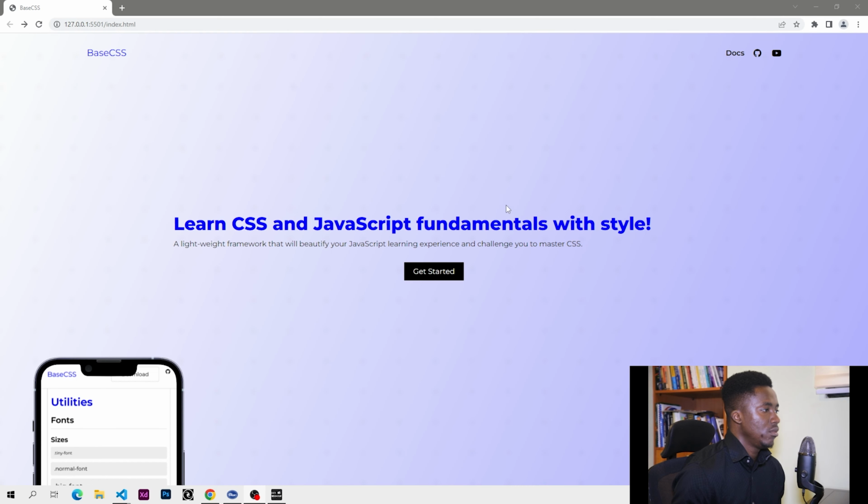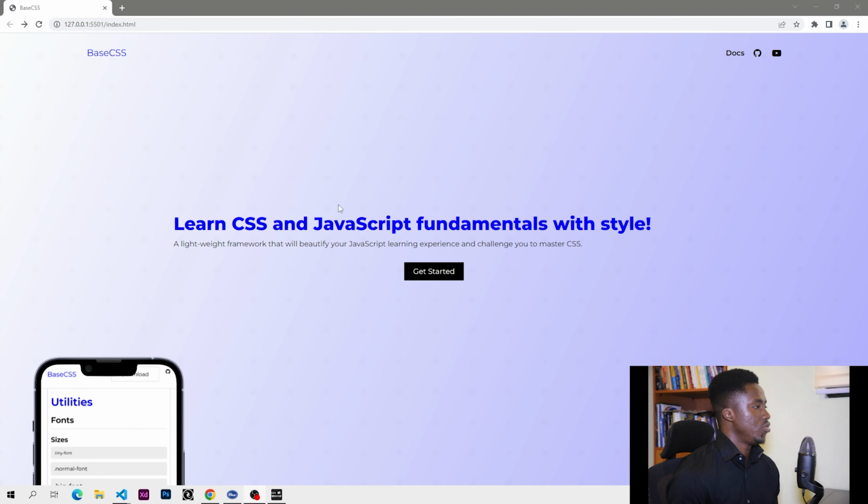I'm going to introduce my basic CSS framework that I spent the last 7 or 8 months creating. I feel like I can finally release it for public use, and I'm just going to introduce and briefly walk you through the website. Upon first opening the website, you're going to be greeted with this web page, which is